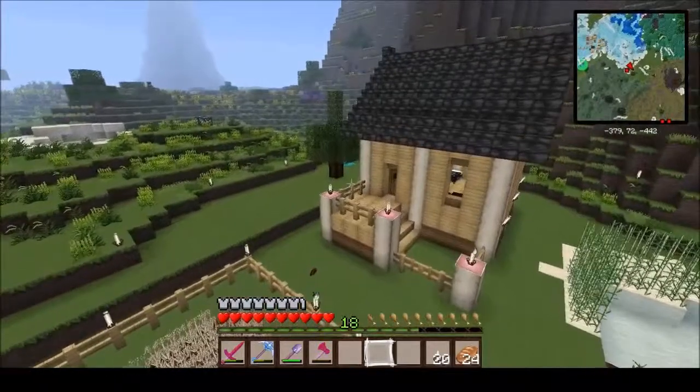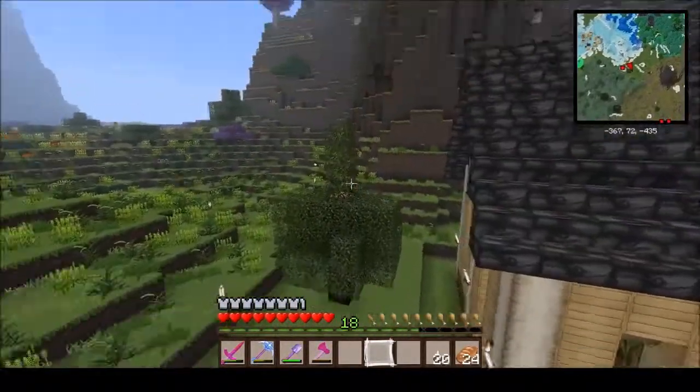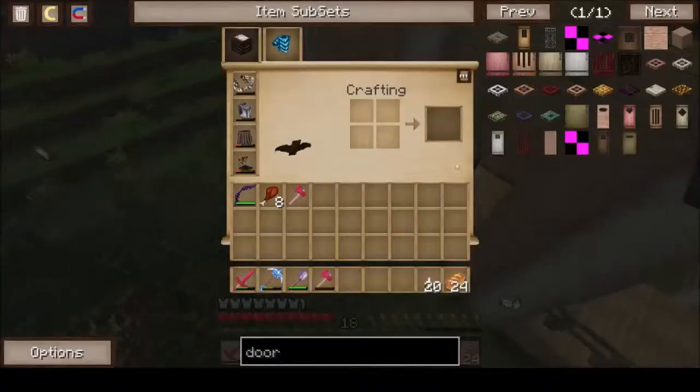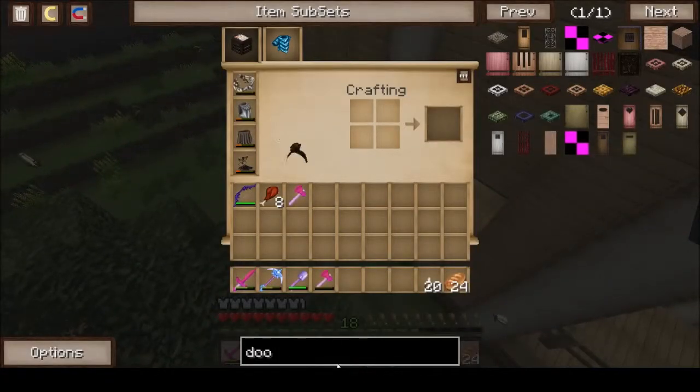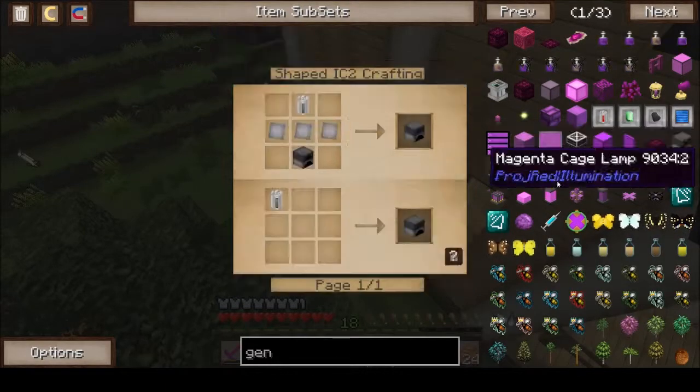Right, but what we actually need to do now, I need to find some more rubber trees, because what I'm going to do, I will need to go into Thermal Expansion at some point, but I want to start off using IndustrialCraft because it's been a very long time since I've used it. So what I need is a load of rubber. So even for the normal generator,